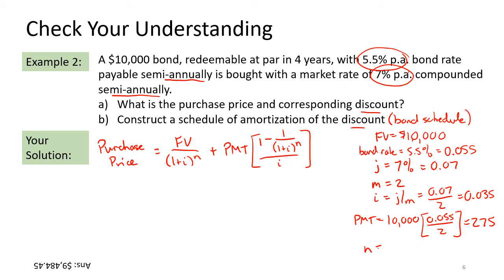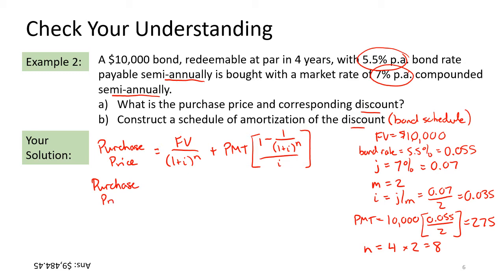Lastly, our value for N, our total number of payment periods. The bond is for 4 years, and we have 2 payments a year. So we're going to have 8 bond interest payments. So substituting all of these values in,